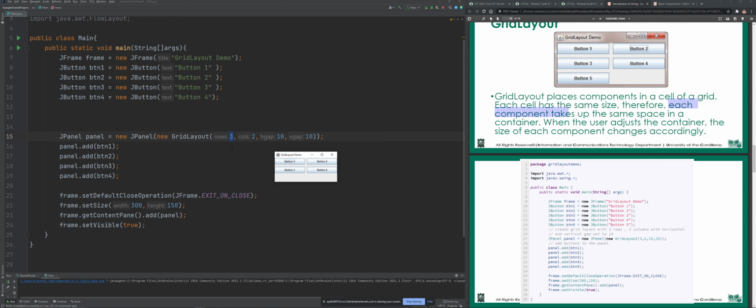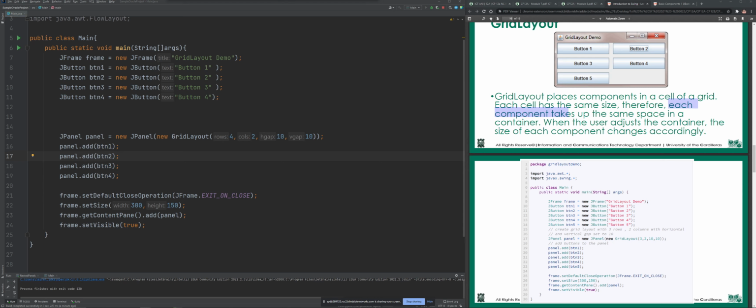So, ibig sabihin, the grid layout here only works using these specific parameters. So kapag binago natin to into 4 columns, you have to expect that the fourth button, saan kaya siya maglalagay? The fourth button now will be placed, let's see,